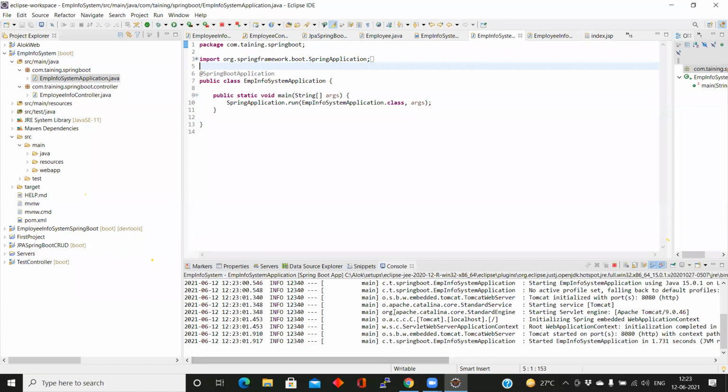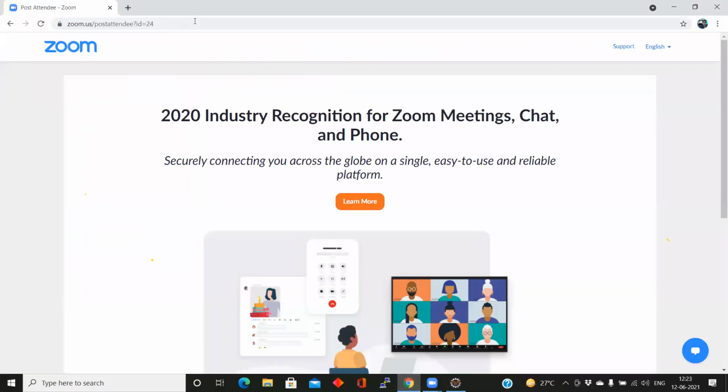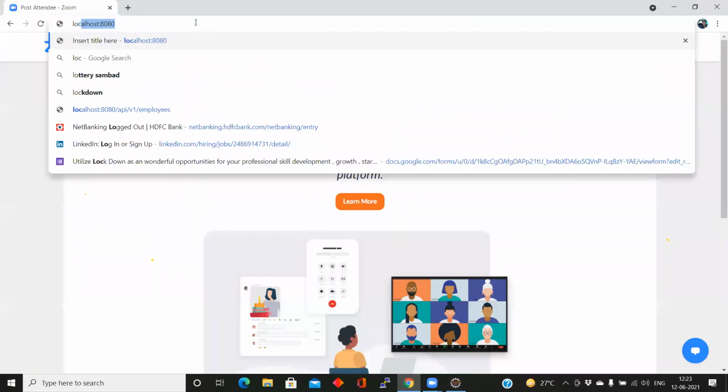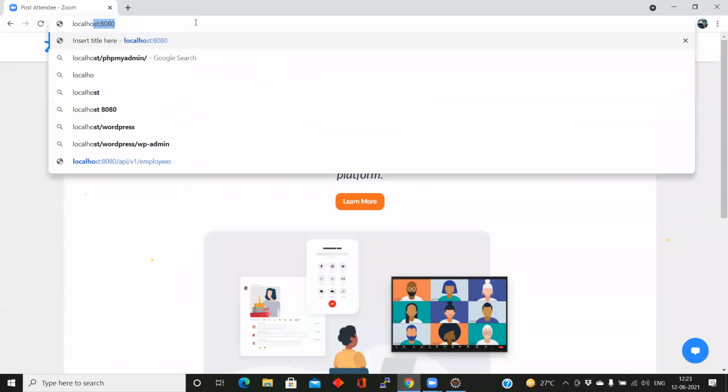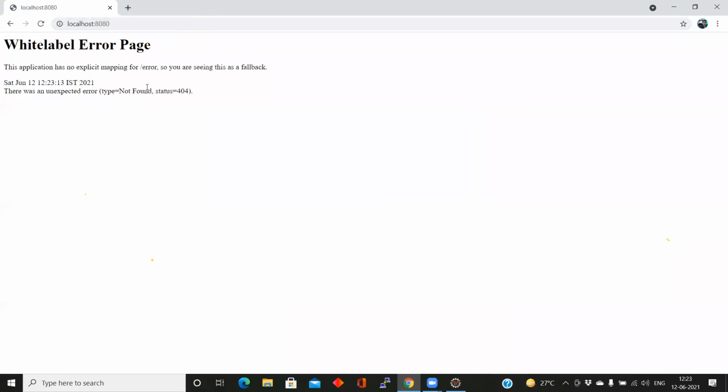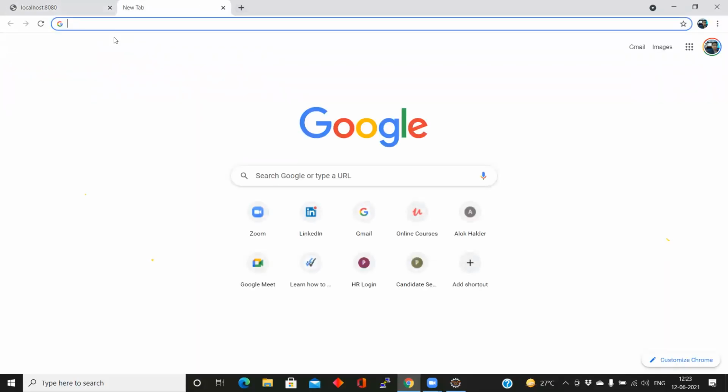Let's check. You will notice on localhost that it is not getting the page, and actually there is another dependency we need to add.